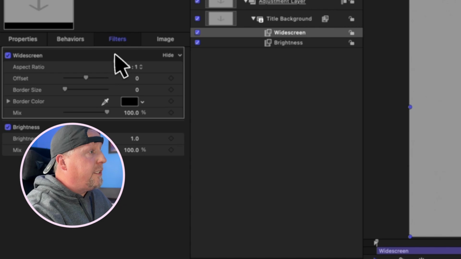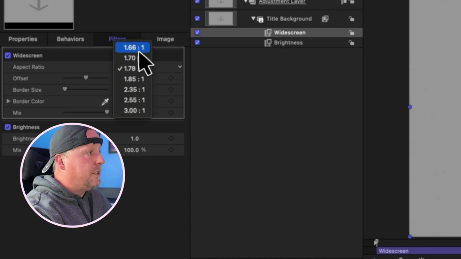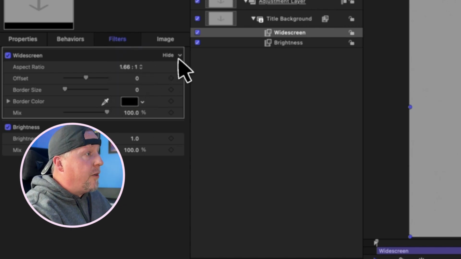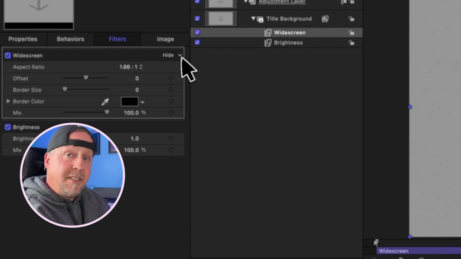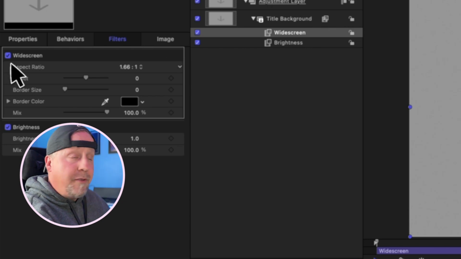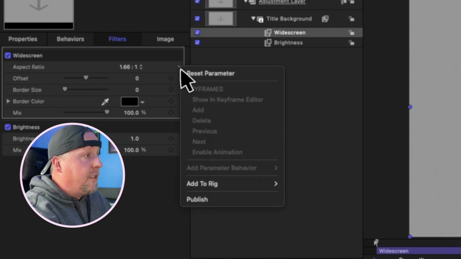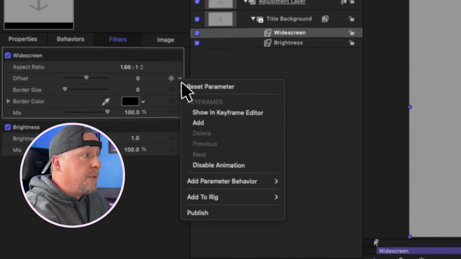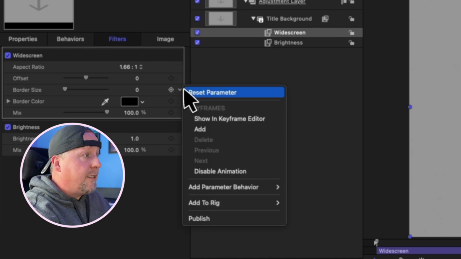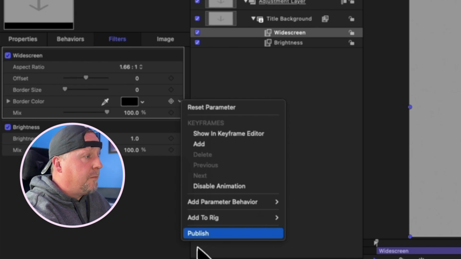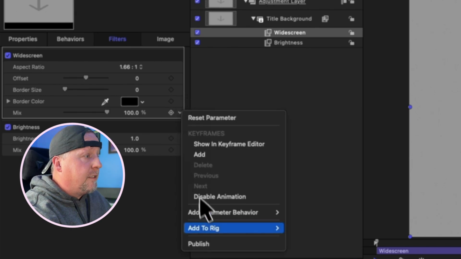And so what we're going to do is set this to be the default here, and we're going to publish these parameters like we did before. Now, like we did before, we want this checkbox to be able to enable and disable it. So we'll just right click on that, go to publish. Going to do the same thing for each one of these parameters now. So I'm just going to right click on them, go to publish, just click publish, and then again click and publish,